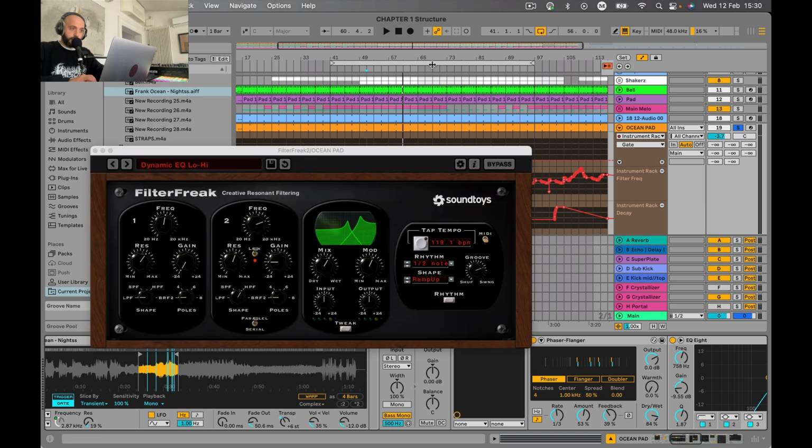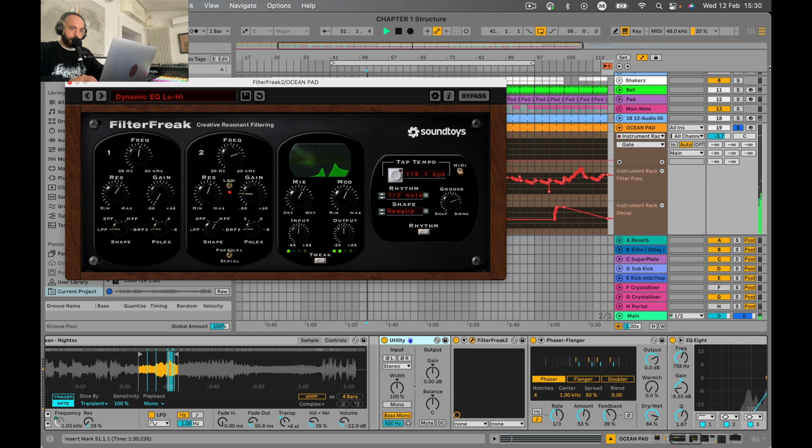Then, very important, the Filter Freak gives a lot of movement to the sound and it's a mix between subtractive synthesis, so we're changing the tonal timbre of the sound, together with volume ducking, because the main modulations are applied to the volume